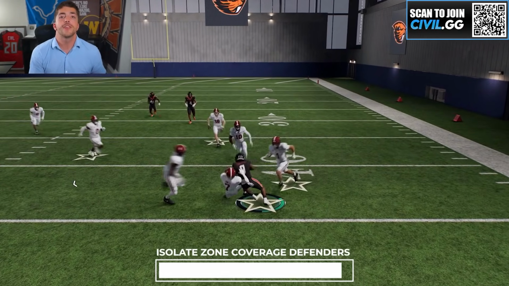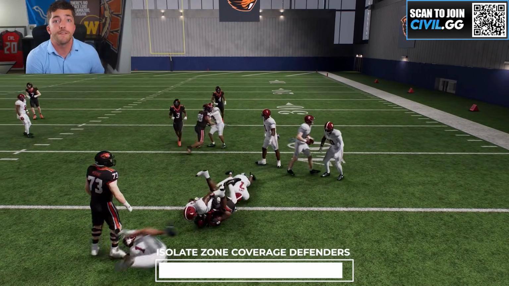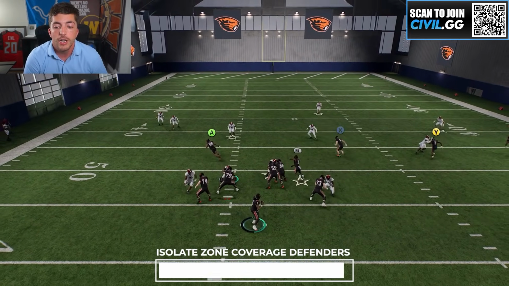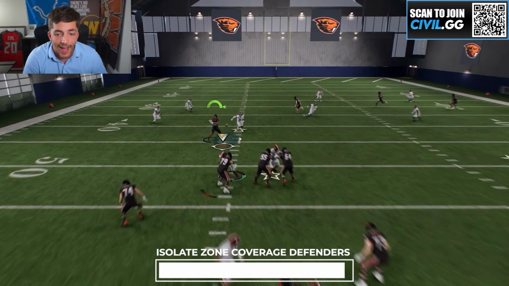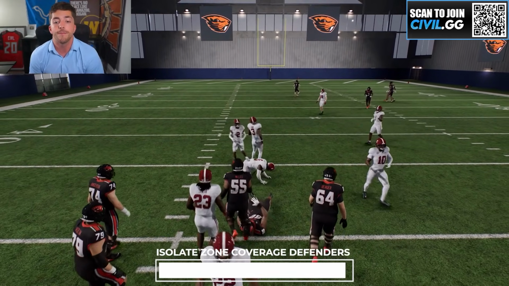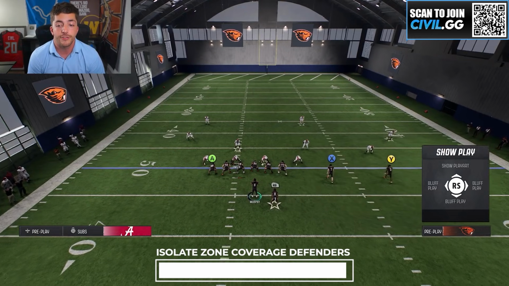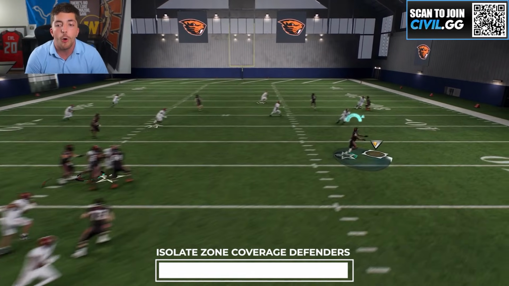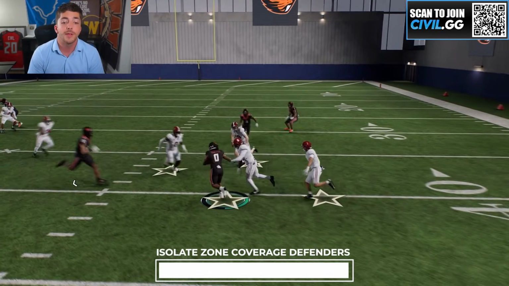We're doing this in numerous areas because sometimes they could have more than one defender in one area. They could have a good user. Things could get weird, like the bumping you saw earlier. Could be a bunch of different things. So we want to give ourselves options to be able to make up for that and be able to put them in spots across the field where they cannot succeed. Simply by doing this, you will always have open players against zone coverage, and it just becomes on you to